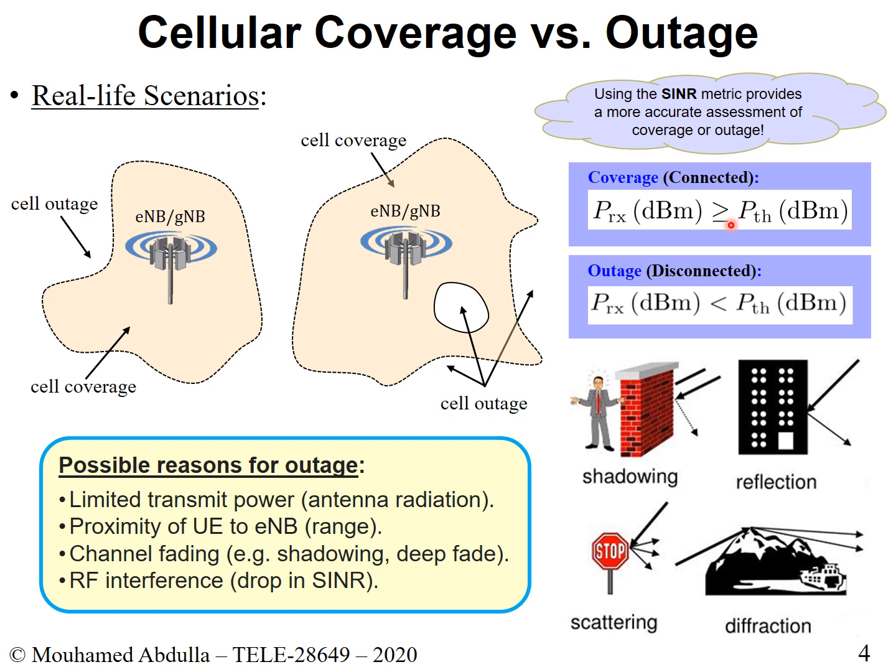And that's fine. This is what generally people do. But if you want a more accurate view of whether you're connected or whether you're in outage, it would be better for you to look at SINR. SINR takes into account interference, whereas in here, we don't take into account interference. This essentially only looks at your path loss, and perhaps at best it might also take into account shadowing, right? So that's how you get this one.